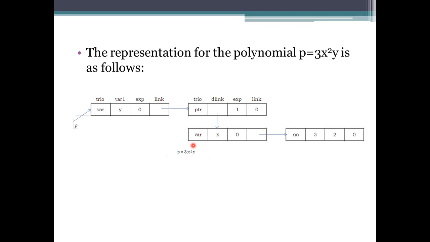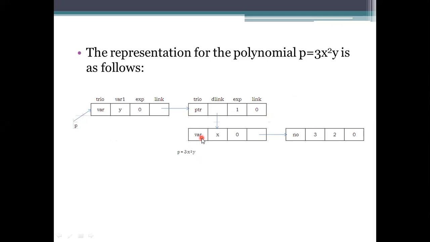The value here is represented as 3. It is using 3 variables. If any nodes are there, no such nodes are there, so it has to be specified as 0. Now, for processing, the trio is this variable, and this trio has been considered as a pointer.